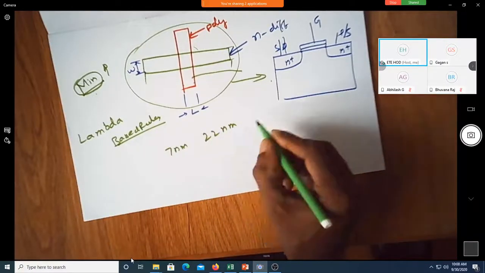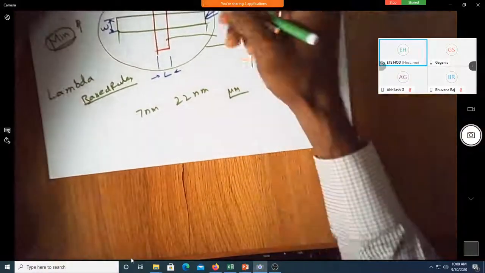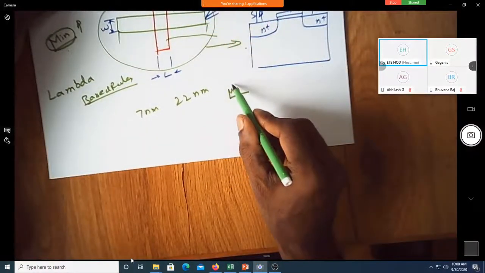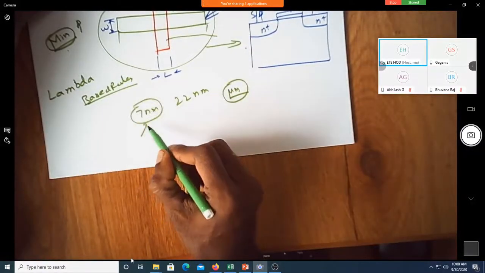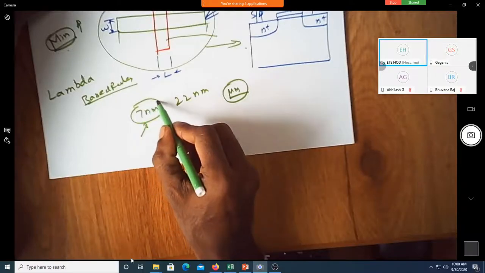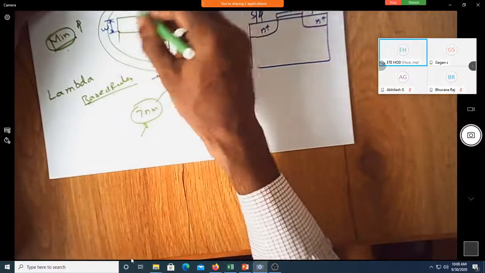Earlier it was in terms of micrometer, and now it is in terms of 7 nanometer. In either case it is the same type of transistor that is being used.